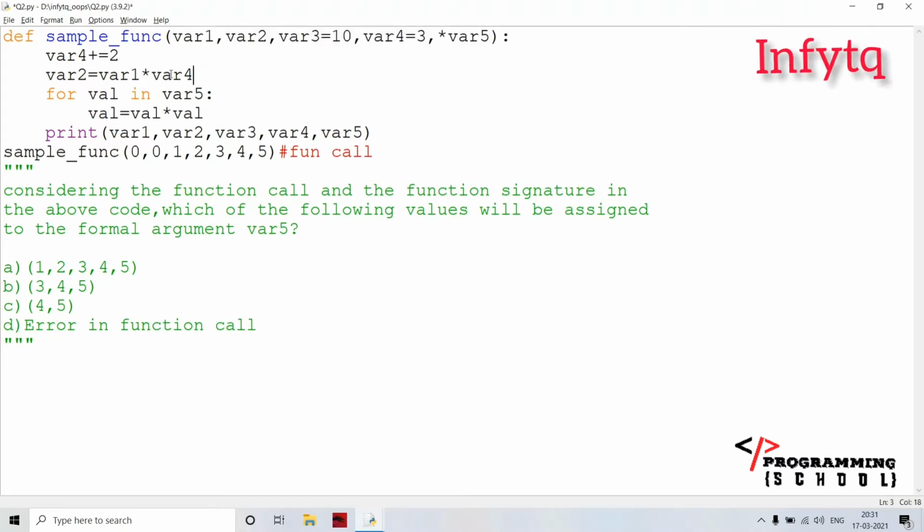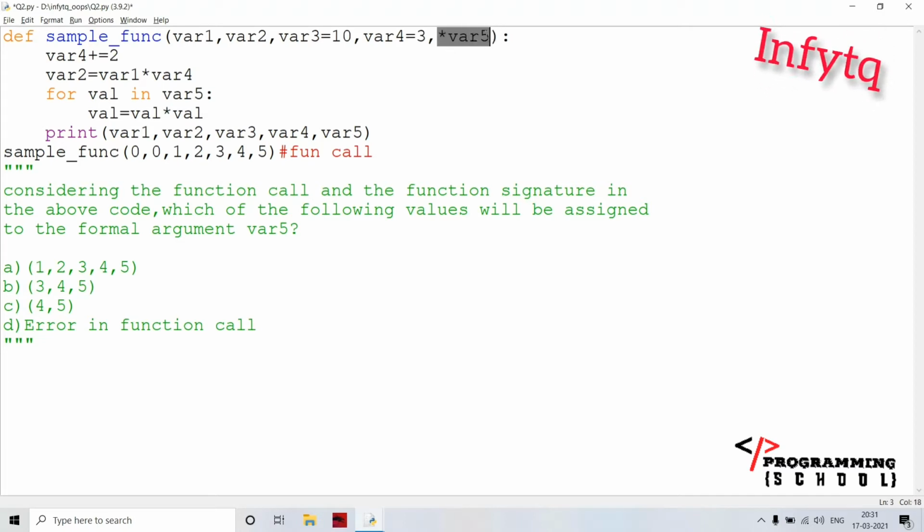But here the first value, 0, is going to be var1, 0 is going to be var2, 1 is going to be var3, 2 is going to be var4, and the remaining values, that is 3, 4 and 5, all move to var5 because this is a star var5 value.